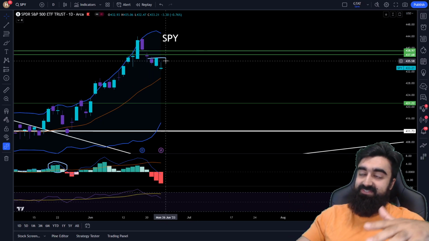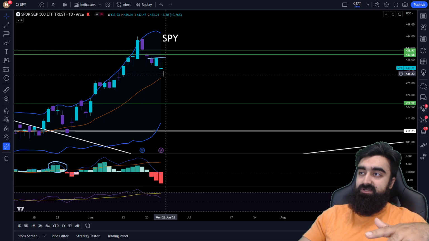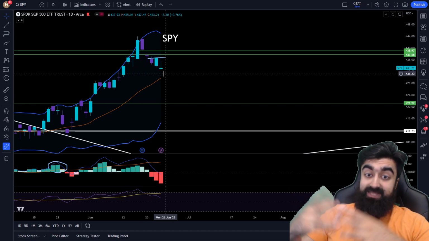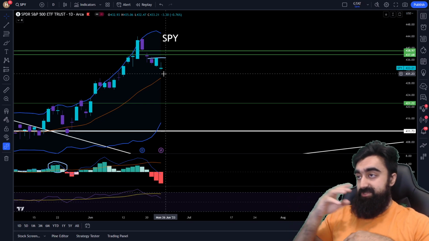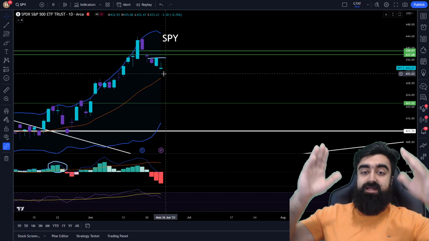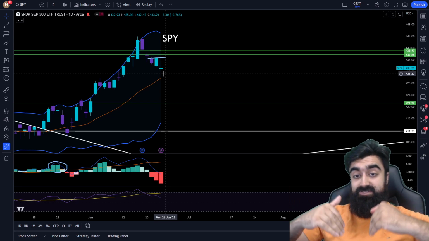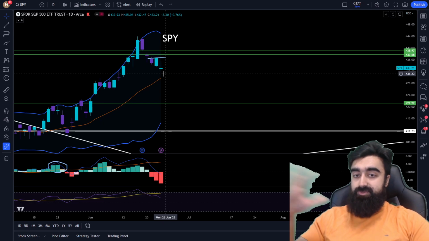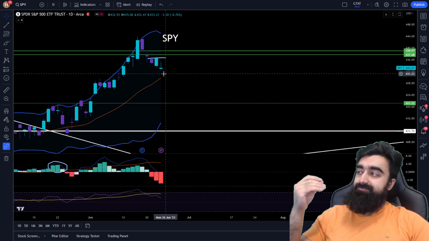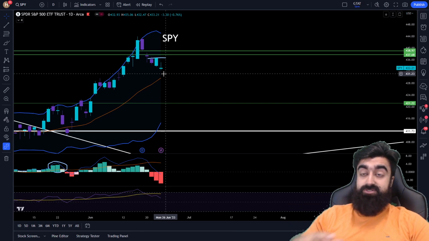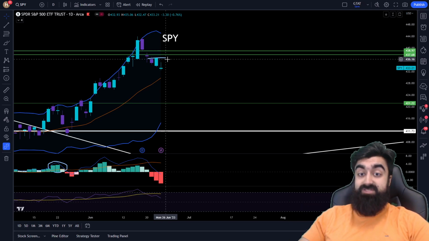But definitely, we still have more downside room, obviously, on the SPY. The dollar is still showing strength. There's still more room to the upside on the dollar, and if there's more room to the upside on the dollar, that means there's more room to the downside on the SPY. So just keep in mind the 430, 431, 432 area. As we get to that level, that's when you don't want to be bearish. You would rather be bearish at levels of resistance. So I hope that makes sense.